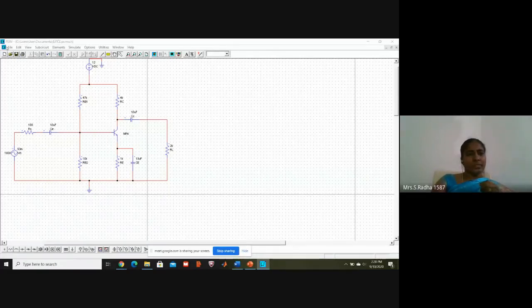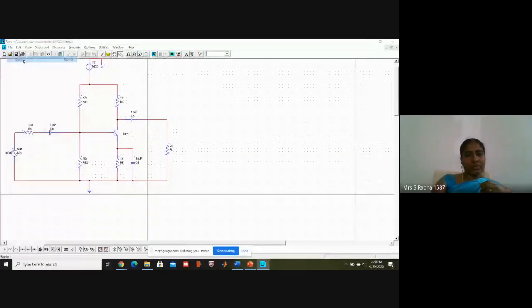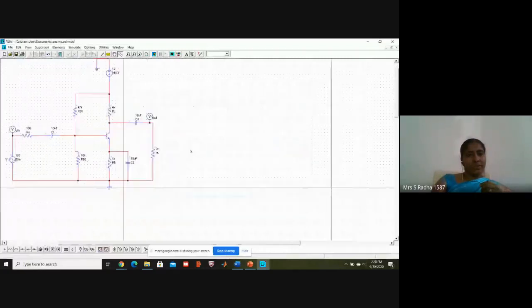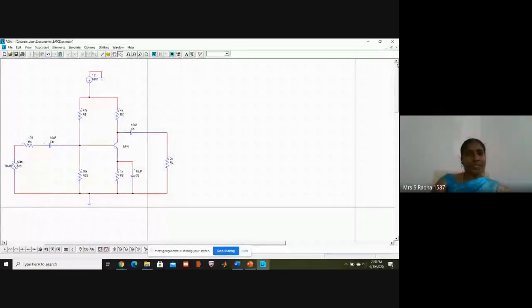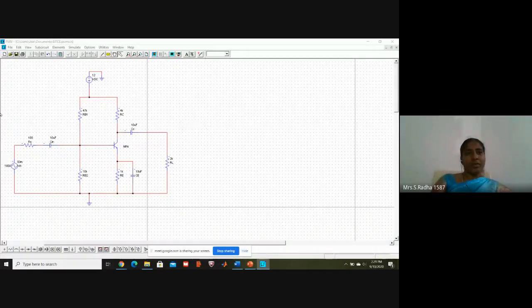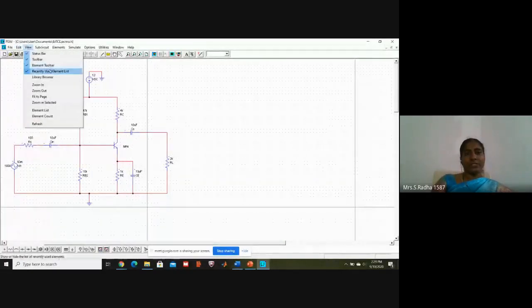All the values, everything is correct. I will check whether other files I executed are working or not. It's the same circuit I have drawn. Yes, it is not giving anything because we want to see the input output. For that we didn't do anything. So when I click run simulation, the circuit is getting executed. We want to see the input and output waveform, but for that we didn't provide any option. So what we will do, view library browser.